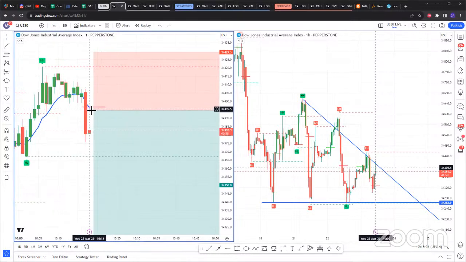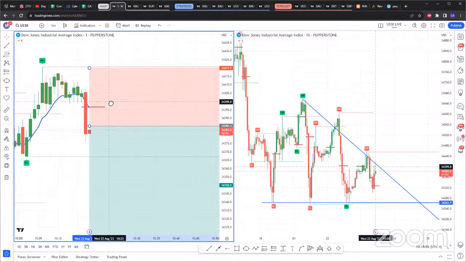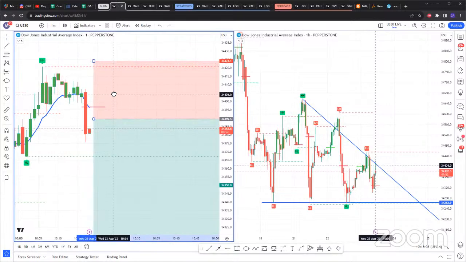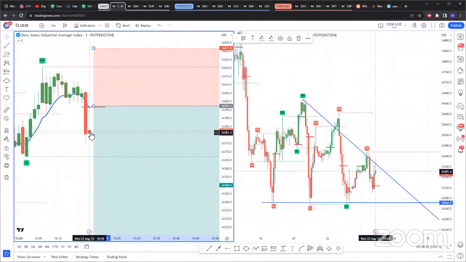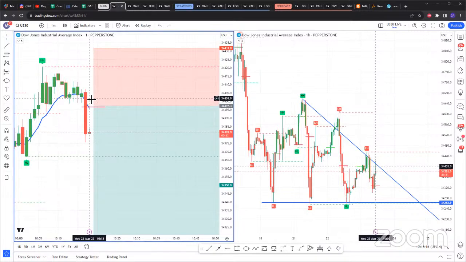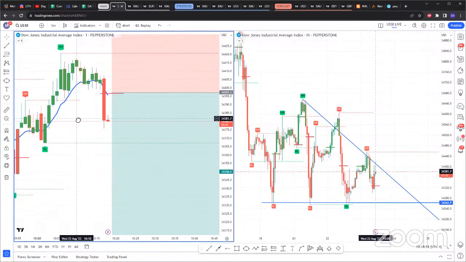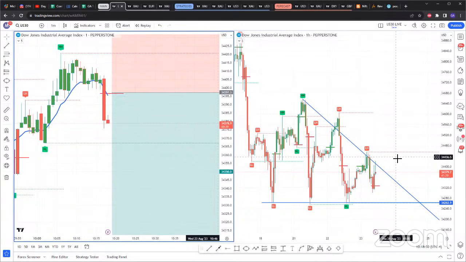Now, we want this on the 5 minute. If you want to enter on the 1 minute, sure, feel free. But even if you want to enter on the 1 minute, we need this candle to close below this SAR. If this candle comes up and closes above the SAR, the entry is invalid. So it's just a preference for me to, at the very least, enter on the 5 minute. Not to say you can't use the 1 minute, not to say you can't use the 3 minute. You can, but always make sure that you've backtested that.